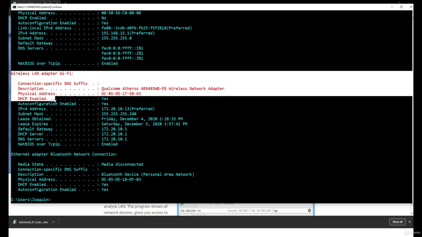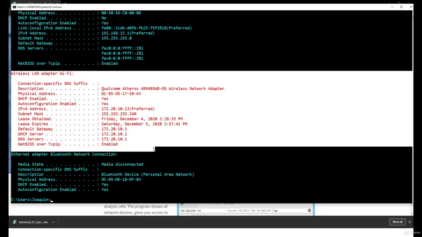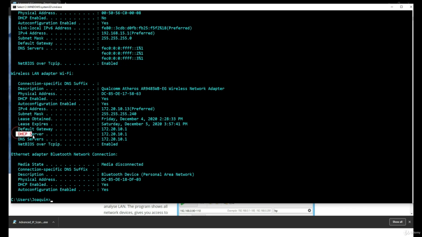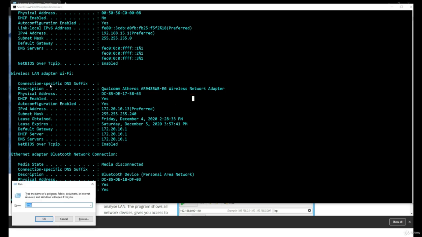The first one is the wireless LAN adapter. As you can see here, my local DHCP server is this one, 10.1, and also here it says DHCP enabled, it says yes. Another option to see if my DHCP server is enabled on this adapter is by invoking the command